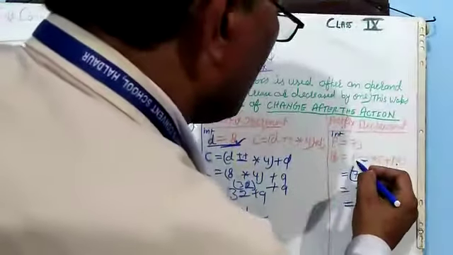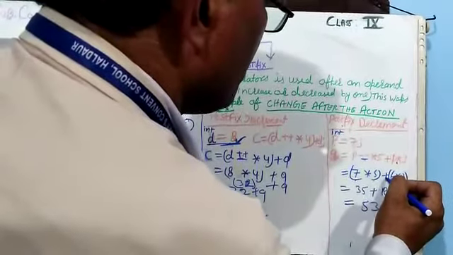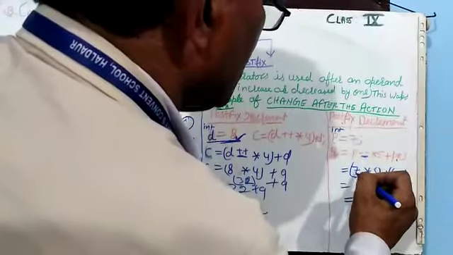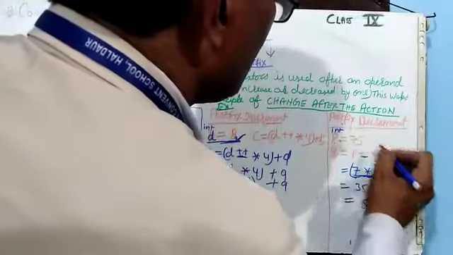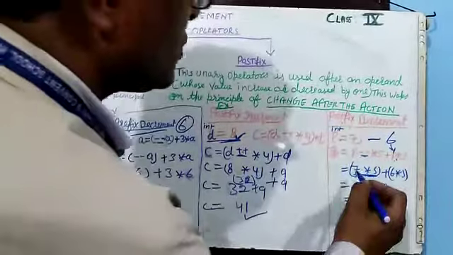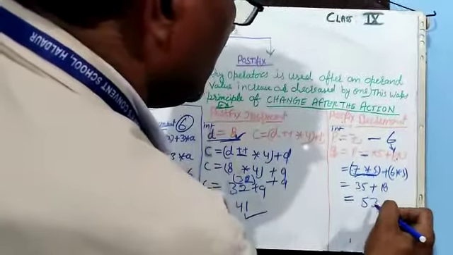Now the value of p is the same, multiply by 5, then plus the value of p after the action is taken here, so the value of p will be 6 here. So 7 multiply by 5 is 35, plus 6 times 3 is 18, and the total is 53.